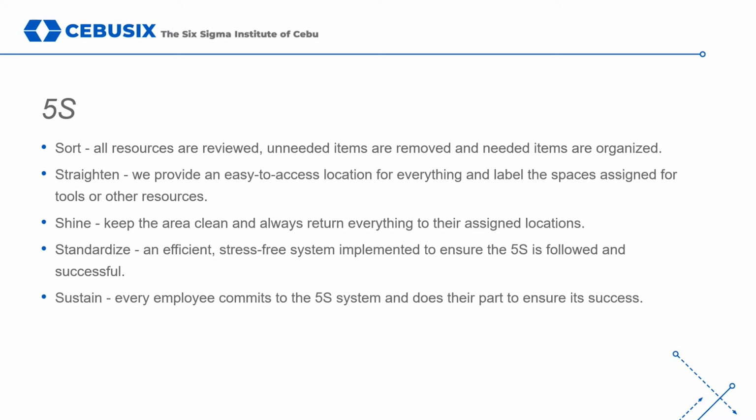5S is a Japanese lean approach to organizing a workspace so that, by making a process more effective and efficient, it will become easier to identify and expunge muda. 5S relies on visual cues and a clean work area to enhance efficiencies, reduce accidents, and standardize workflows in order to reduce defects. During the sort phase, all items or materials in a workspace are reviewed, removing unneeded items and